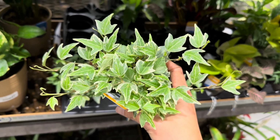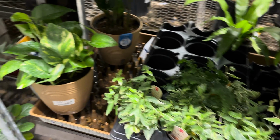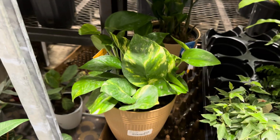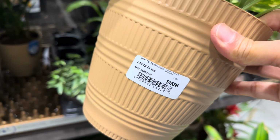Again, Exotic Angel Plants English ivy are a staple to the Costa Farms Exotic Angel series. So just let me know in the comment section if you actually grow English ivy. And another plant that I would recommend in anybody's plant collection, for $15.98,